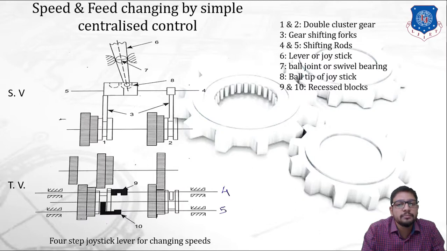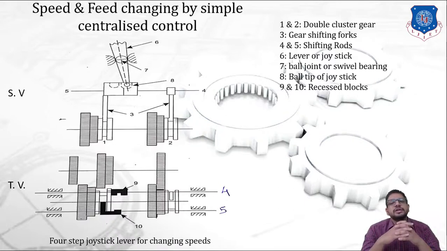Okay, this ball tip moves in and pushes the rod. Now the joystick can enter at a neutral position either of the recesses. But once the block has been shifted, the joystick cannot enter the other recess unless brought back to the